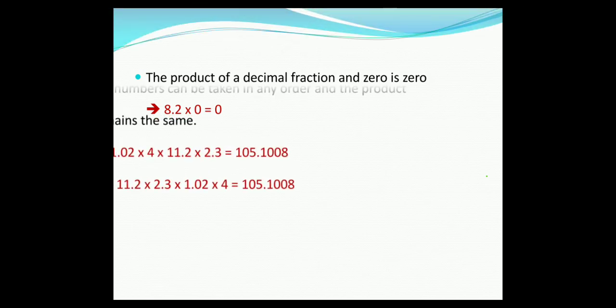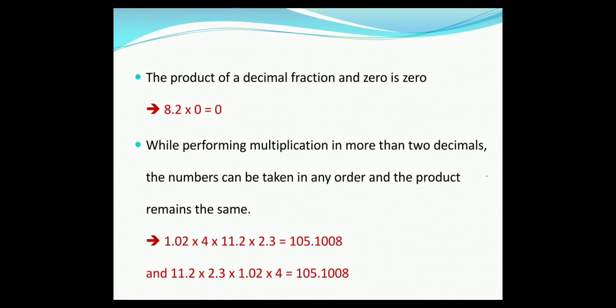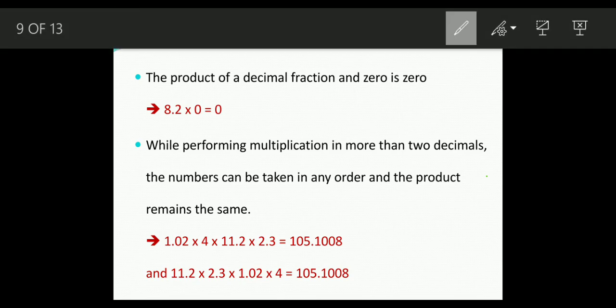Clear? Fine. And the last property is, while performing multiplication, if I multiply 3 decimal numbers or 4 decimal numbers, however I multiply in any order, my answer will remain the same. For example, you can see here, first I multiplied 1.02 into 4 into 11.2 into 2.3. So when I multiply all these numbers, my answer is